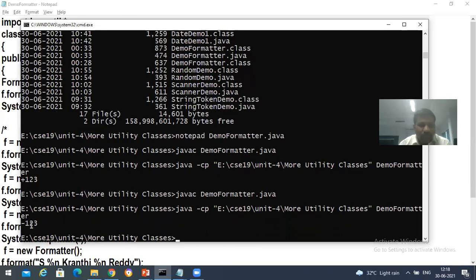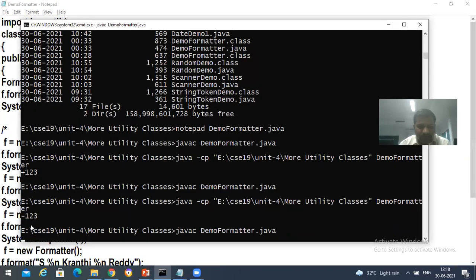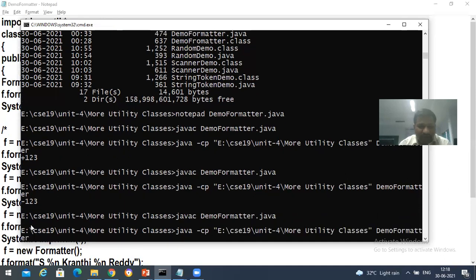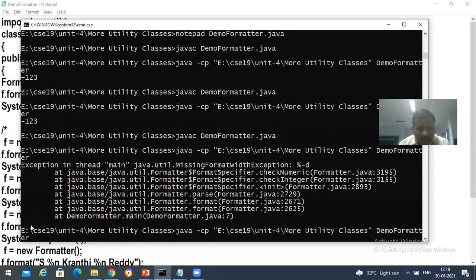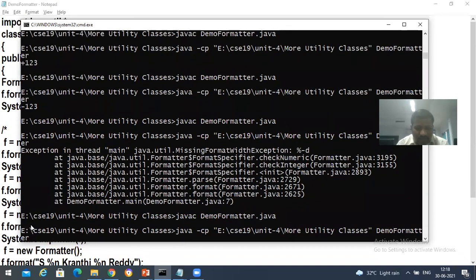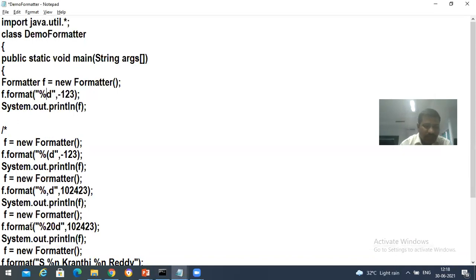Okay, fine. Suppose you take minus here, then what will we get? Are we getting minus into minus plus? No, it's generating an exception over there. We were not supposed to take minus. Only plus is allowed. So if you have minus, plus into minus gives us minus. Is it clear, this first one, how to use the format function?